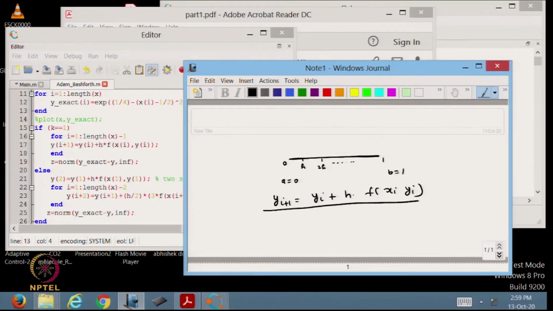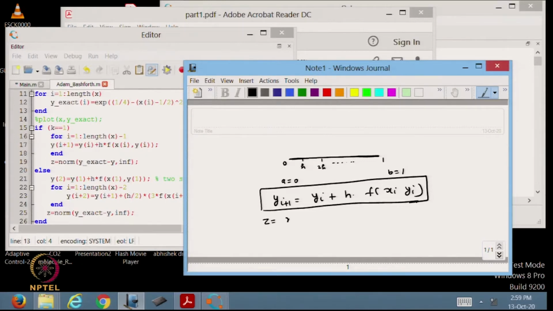So, this is the algorithm of Euler's method which we already know. In this Adam-Bashforth.m file you can see how I have implemented these algorithms.